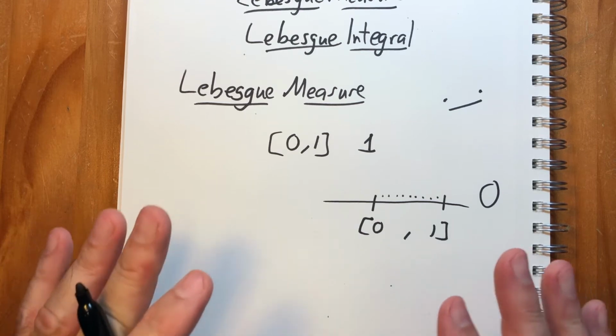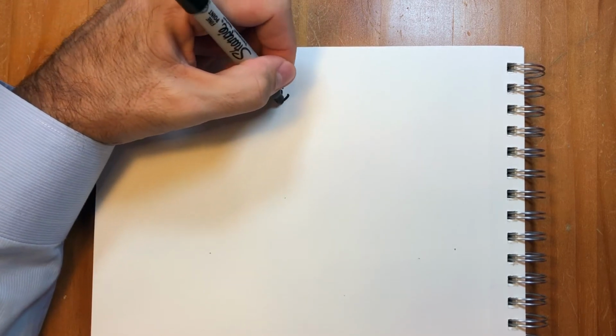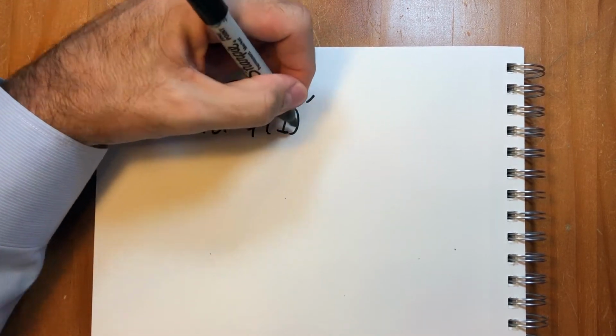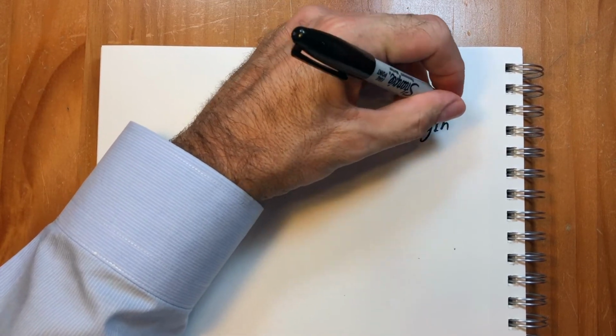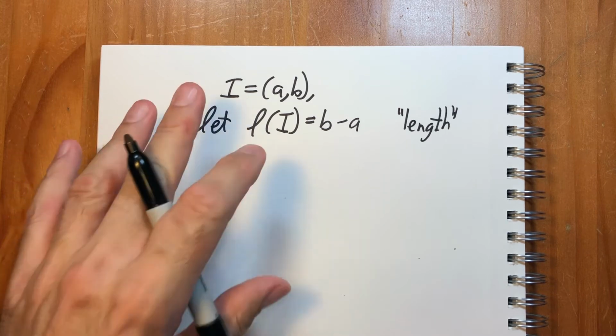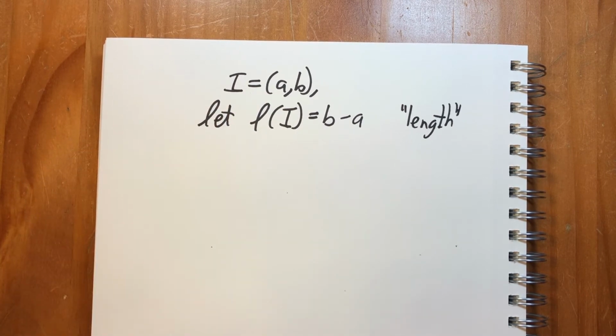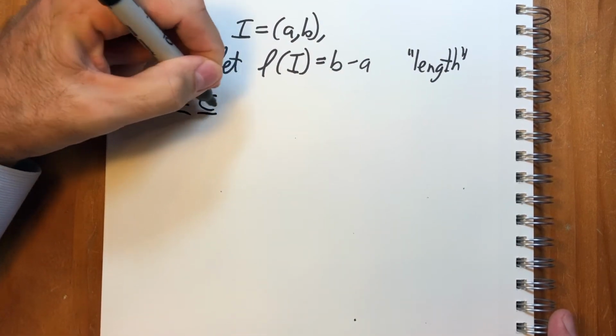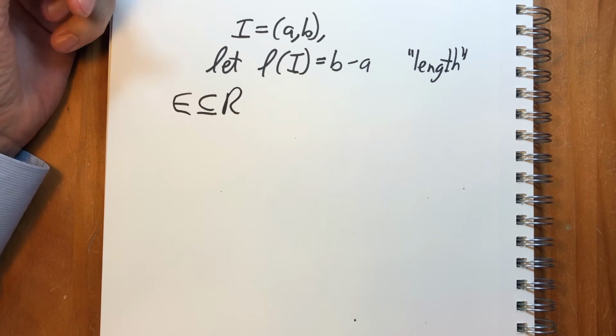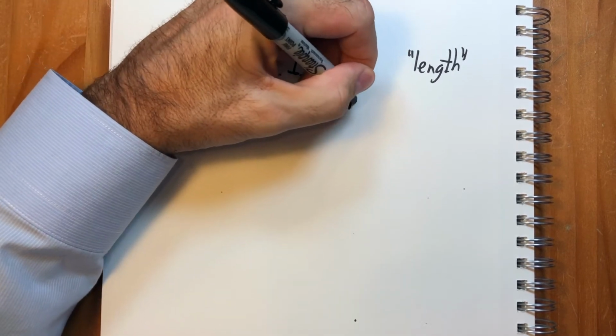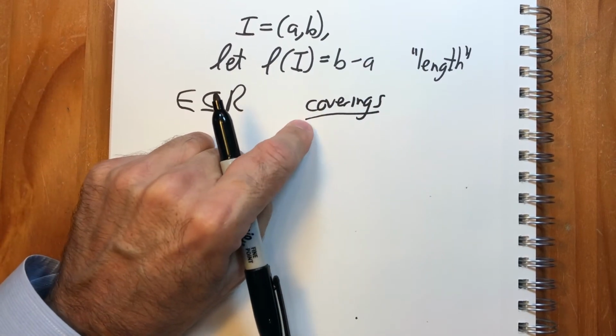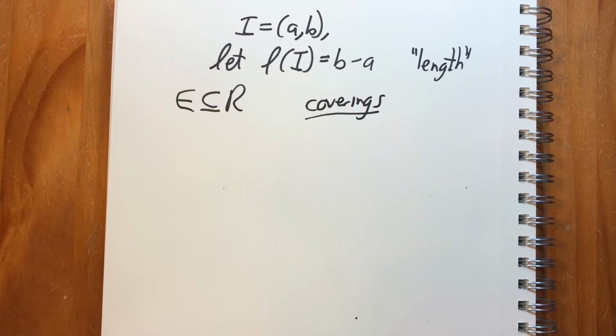So to define Lebesgue measure, we start by defining the length of an interval in the real numbers in the usual way. For any interval I from a to b, let L(I) equal b minus a be the length of that interval. The question is, how does that concept apply to arbitrary subsets of the real numbers? What can we call the length of a set in that sense? For any subset E inside R, we're going to cover E with a set of open intervals. And see, we're looking at coverings again. We were just looking at this last week with compact spaces. Now here it is again. The Lebesgue outer measure,